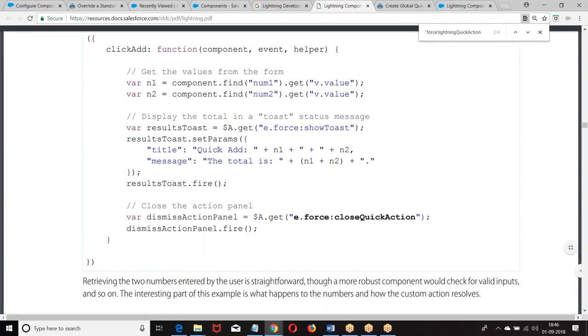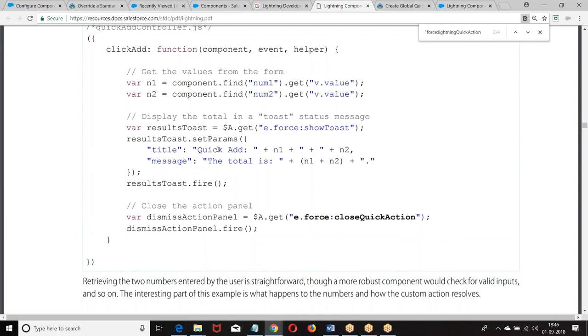Then you are supposed to find it. So for the toast message, we want to find the message. Now what is that? Find, dot find. Any event in the previous class also we have done. If you want to find the event, dot find. If it is an application level event, how do you give it? $A dot get.